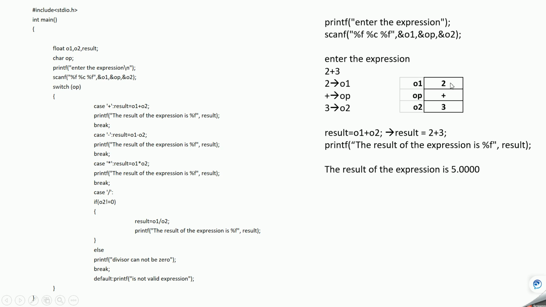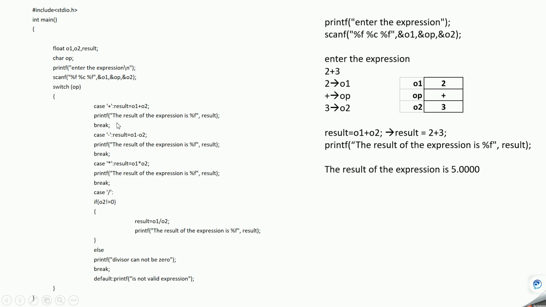The O1 value is 2 and the O2 value is 3, so it will perform the addition and store the result into this result variable. Whenever this line of code gets executed, it will print the result like this: the result of the expression is 5.00.